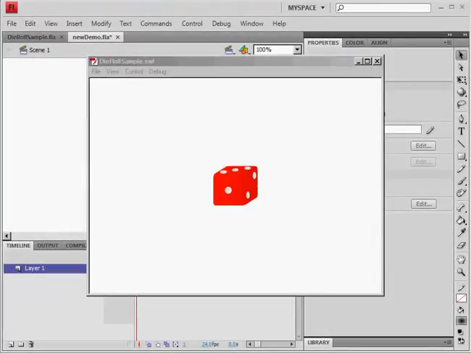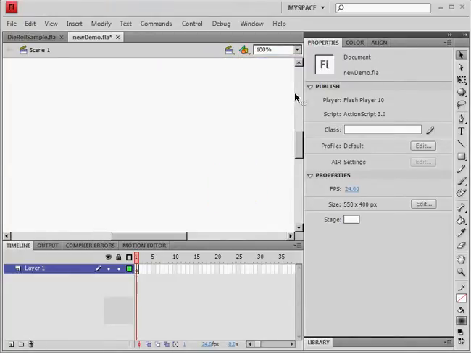In this tutorial I'm going to show you how to make a very simple rolling die using Flash. And that rolling die is going to look like the one you have on the screen. You click on it, it rolls, click it again, and it stops at a random face. Okay, and to create that, let's open up a new blank document, and we'll start with the rectangle tool, which